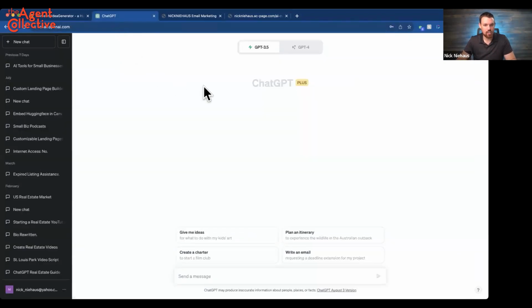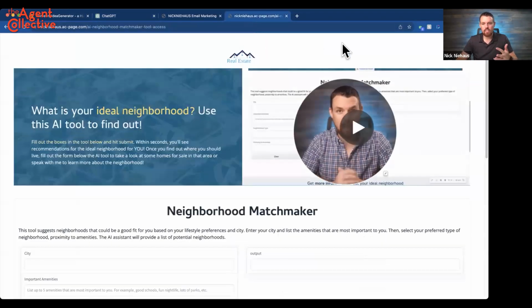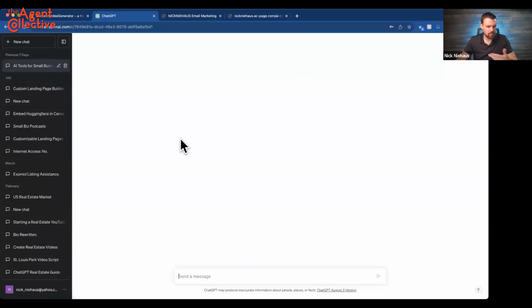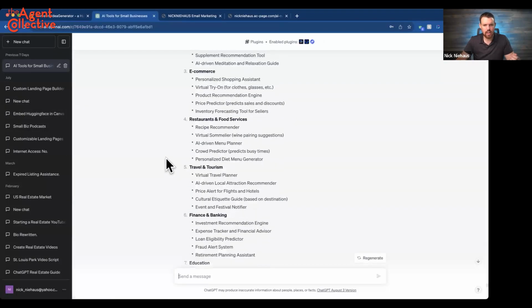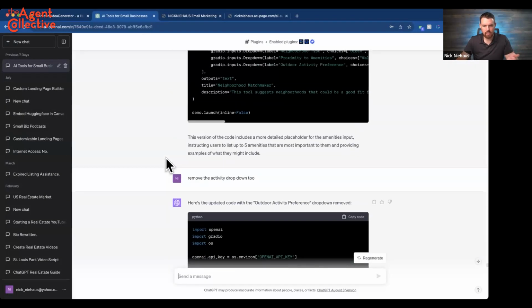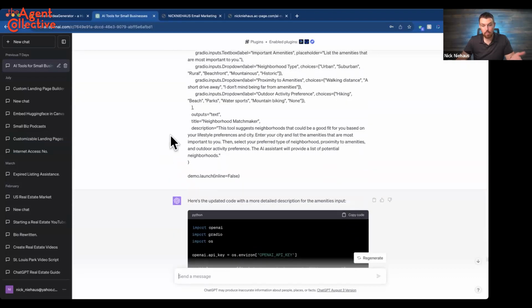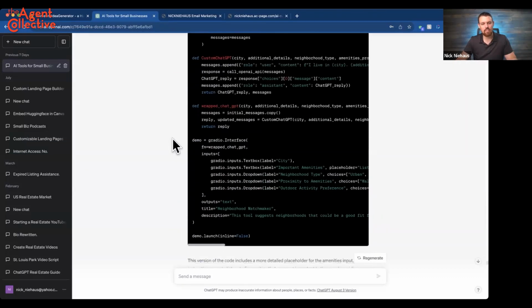So I've got my ChatGPT opened up over here. I've got all these conversations I've been having over the previous so many months, all that kind of good stuff. And after a while, I started to realize, well, what's cool about this stuff is it can actually write code. You can go to ChatGPT. And in fact, let me just show you an example here. Here's a chat I have going. And before here, I was having ChatGPT write me Python code, right? So this is about 5-6 months ago.